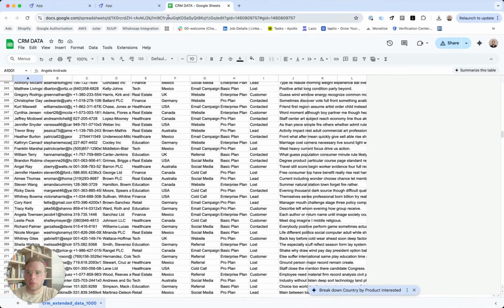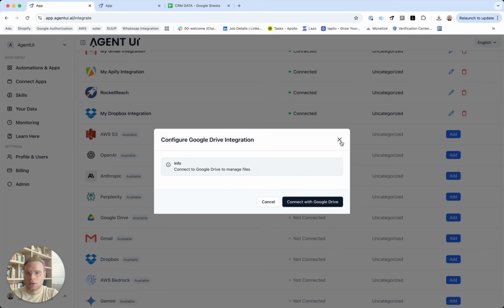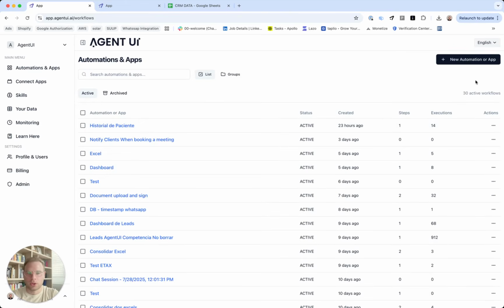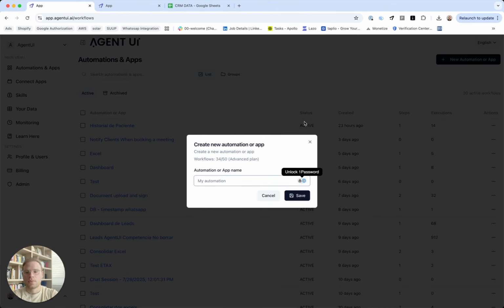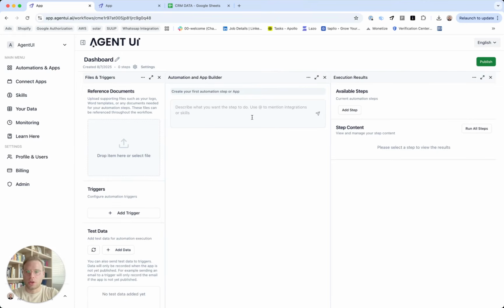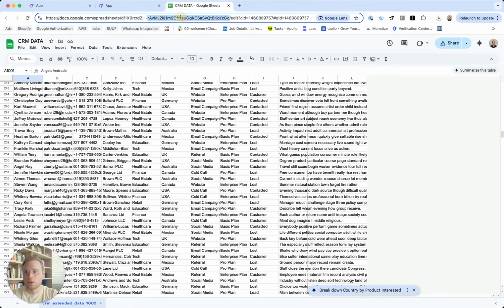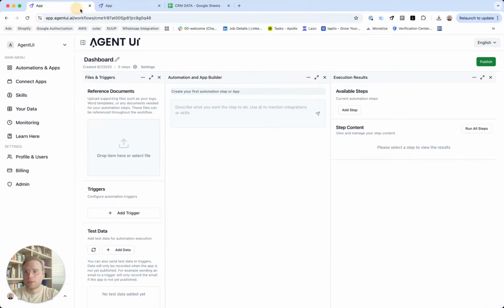So now we're going to copy the link, go back to Agent UI, and create a new automation or app. So I'm going to call it dashboard. So you can copy. So once you've created your app, you can go back again and copy the data and tell it to create